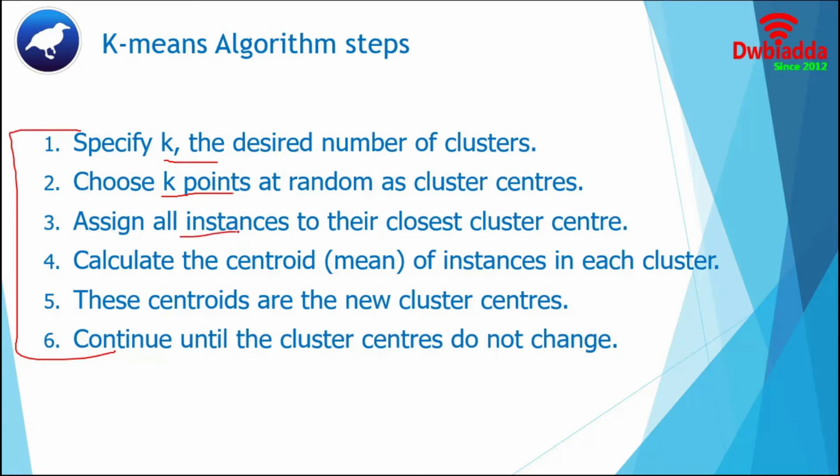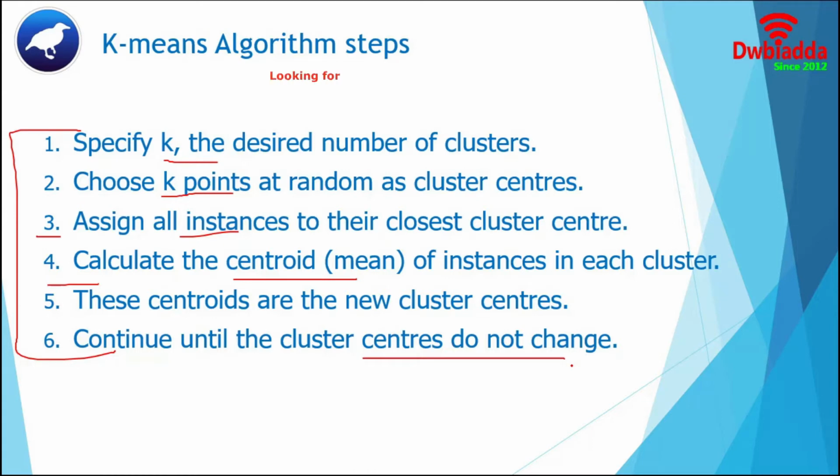In the next step, all the distances of instances from the centers are measured, and instances closer to a cluster center are considered members of that cluster. As a distance measuring tool, we use the Euclidean distance formula. In the fourth step, the centroid of each cluster is selected from the cluster instances. The centroids are the new cluster centers. This algorithm repeats steps 3 and 4 until the cluster centers do not change.